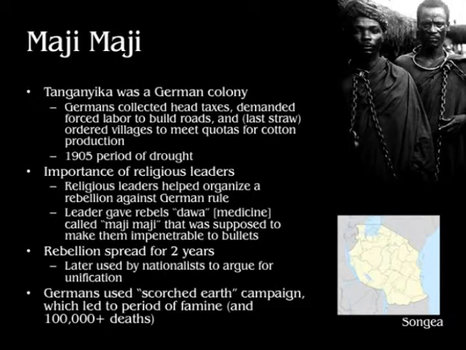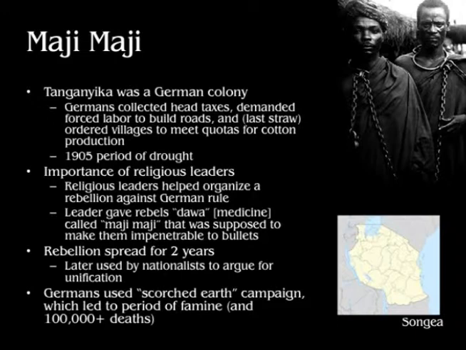This upped quota for cotton production coincided with a period of drought, and people were forced to grow more and more cotton, so they didn't have enough land to grow their subsistence crops, and they were facing serious problems with malnutrition. And so with all these problems and drought and what were seen as very onerous German colonial obligations,